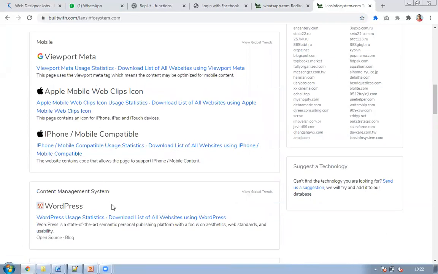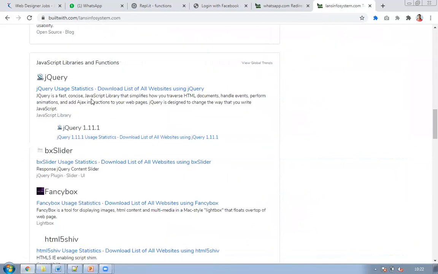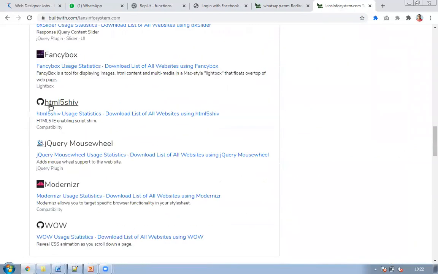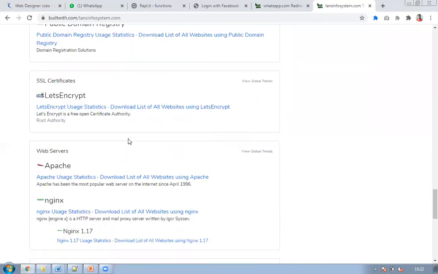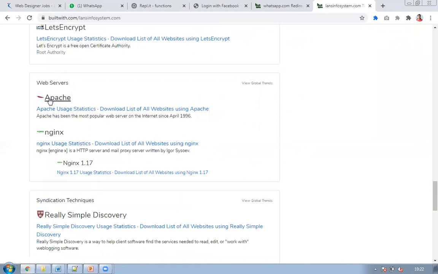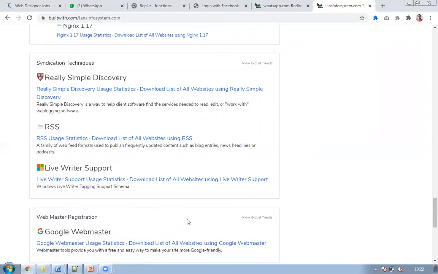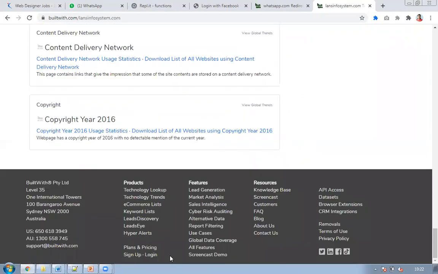map, meta tags, WordPress we have installed, jQuery we are using, HTML, that is HTML5 Shiv. This is the Indian HTML product. It's very fantastic. We are using that. WooCommerce and so on. This is the certification we are right now having. The things are installed on an Apache server. Google master page are being connected and so on.